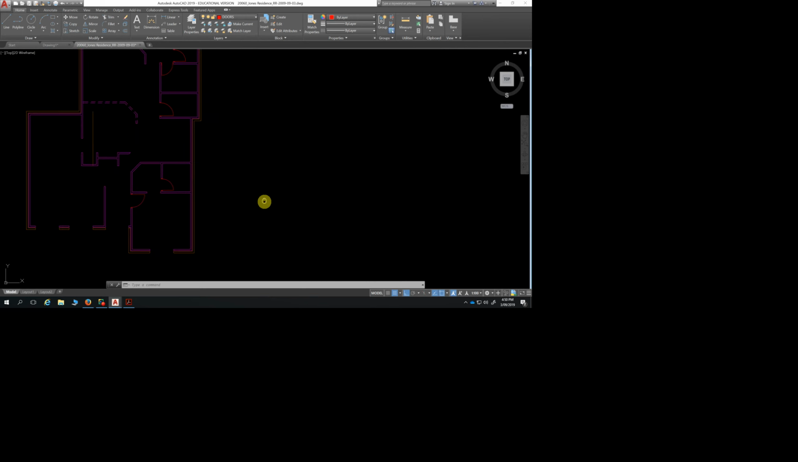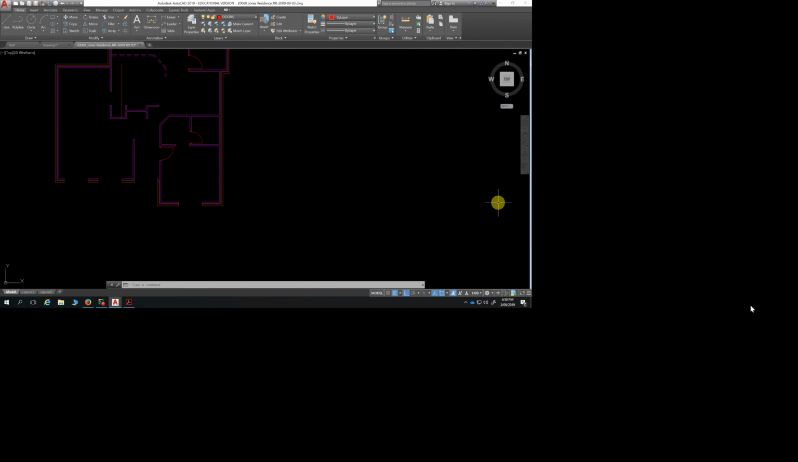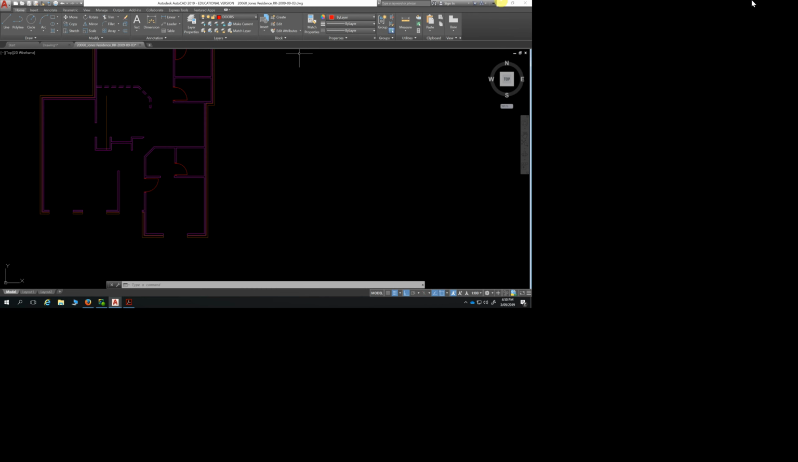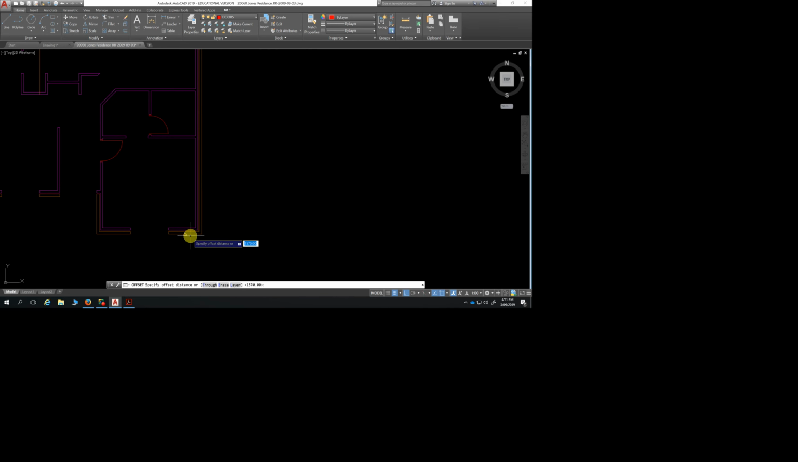Now we're going to go to the side of the house. And you can see there's no window on the side here on the right hand side of the main bedroom, but there is a window in the bathroom, window 4. So we're going to offset that by 4740. So let's do offset again from this outer wall. So 4740, enter,